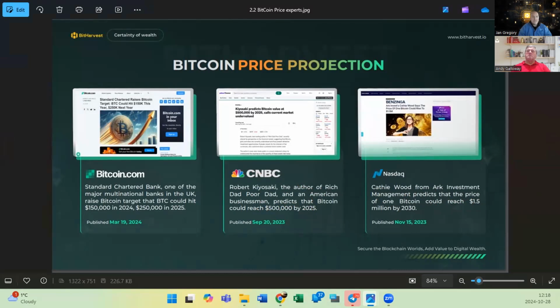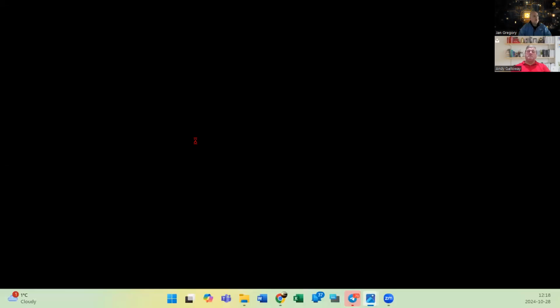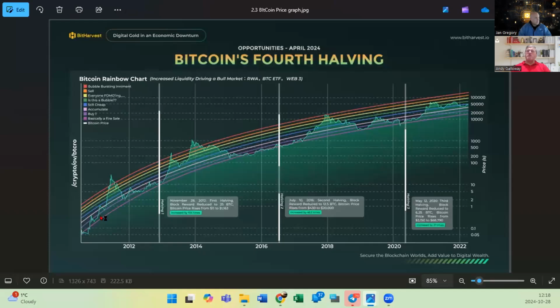And why do they say that? The reason is that when you look at the graph of Bitcoin, it goes up and down, up and down, up and down. But over the long run, it's going up in price. These little ups and valleys are great for trading it, and that's okay. But for the long-term storage of wealth, one of the reasons why Bitcoin is the best place to store your wealth is because 10 years down the road,